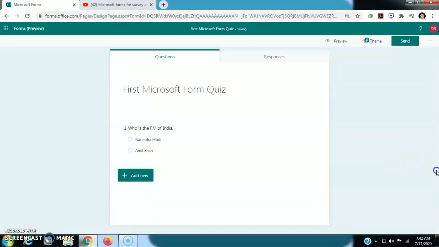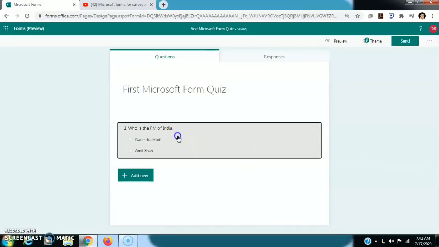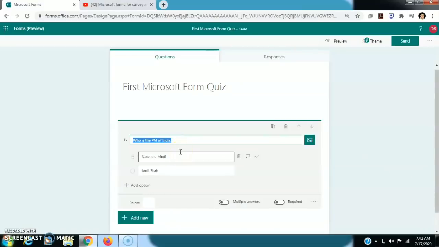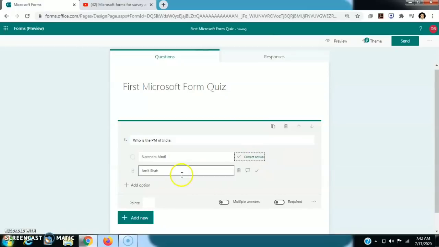We can add some more questions. We can add more options here, and we have to choose the correct one. Correct answer is this, and we have to give the points. Suppose I make it 2 points. If I want to make it required, then we can also add multiple answers as we have created in forms.